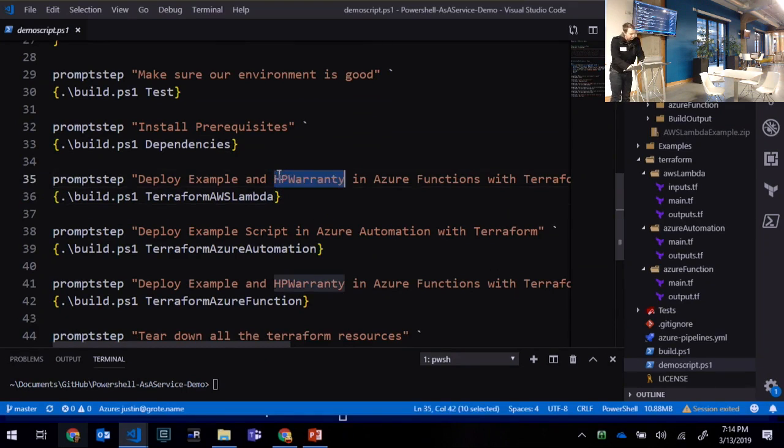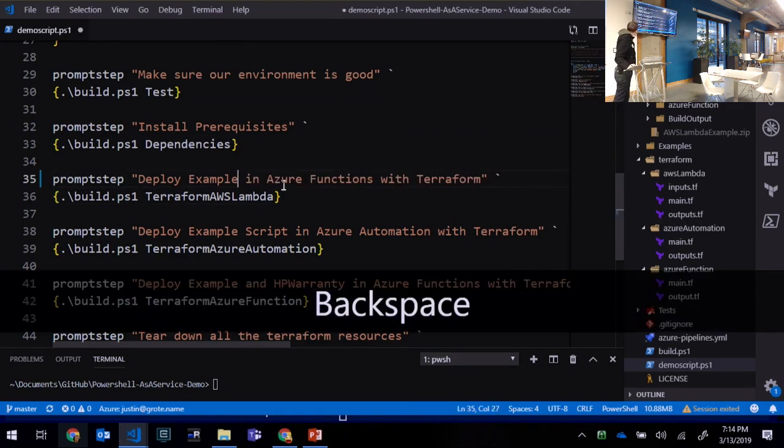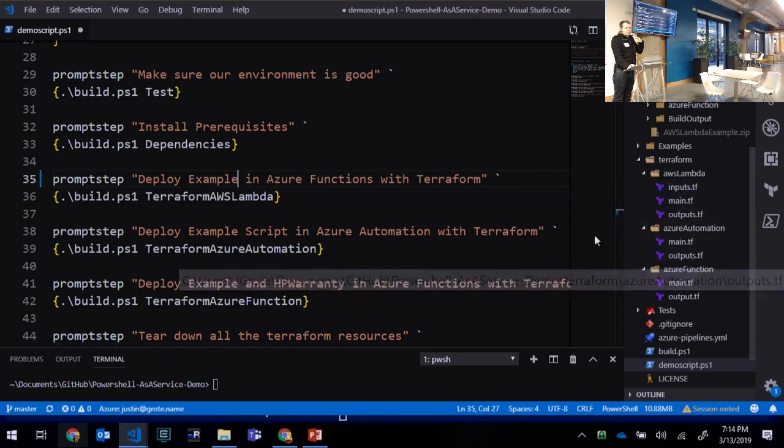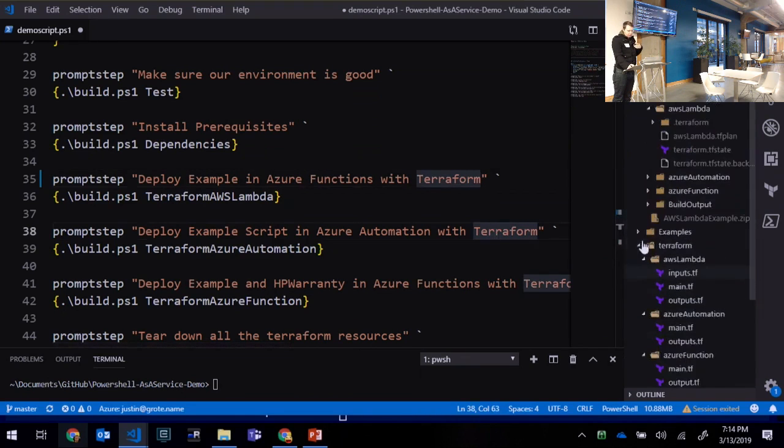I actually didn't get the HP warranty for the Lambda going, but just that example. So it'll get to that step, it'll run the example, and then that'll run that step, which will basically kick off the Terraform, which you can see the Terraform files over here, which I'll go through here in a minute. But basically this PowerShell will then just, I have this example script here under examples,